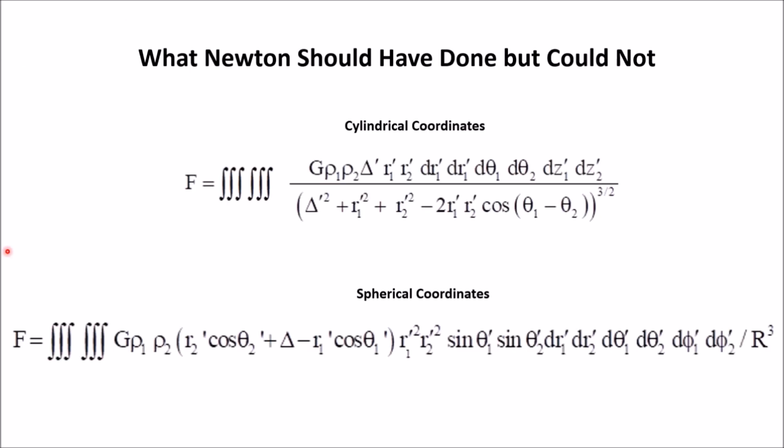That's not what that description in the Principia actually requires. It requires a simultaneous summation across both extended physical objects without reducing it to a point mass. And this is in cylindrical coordinates, describing the two objects in cylindrical coordinates, having a common axis joining their centers of mass. And this is the same thing rendered in spherical coordinates.